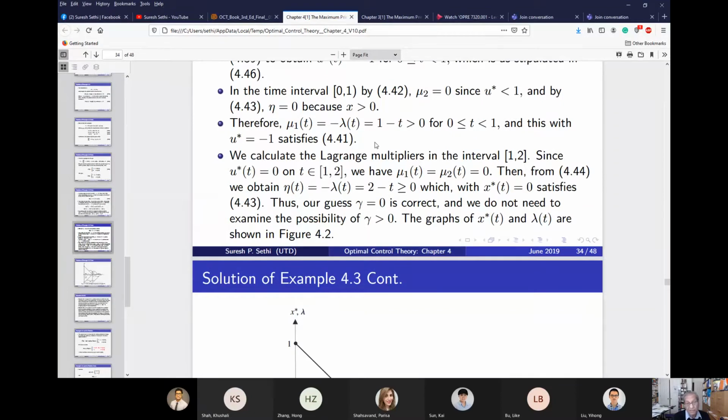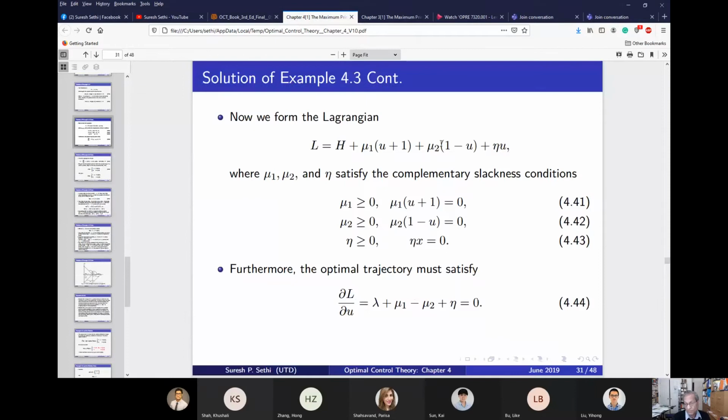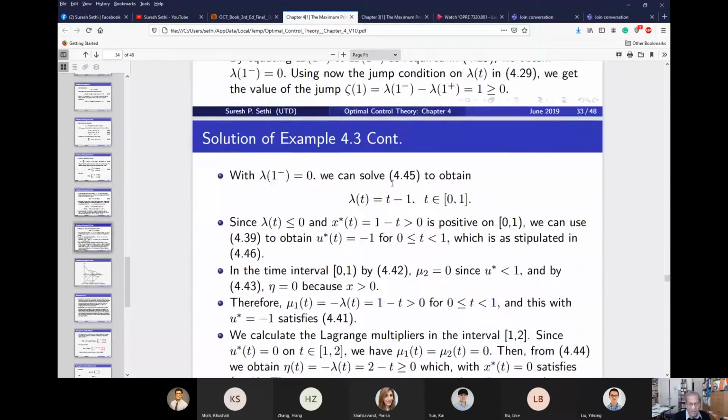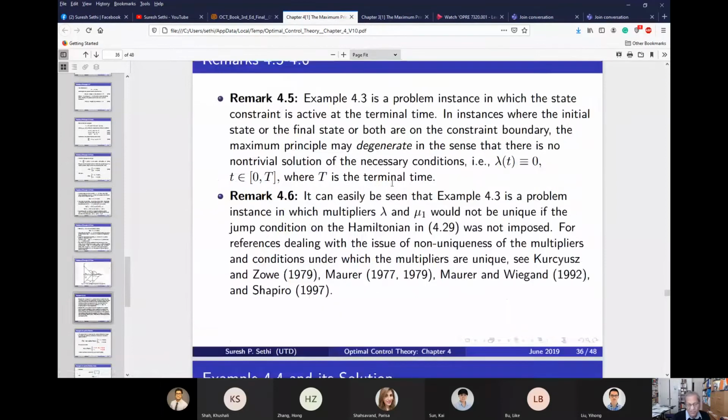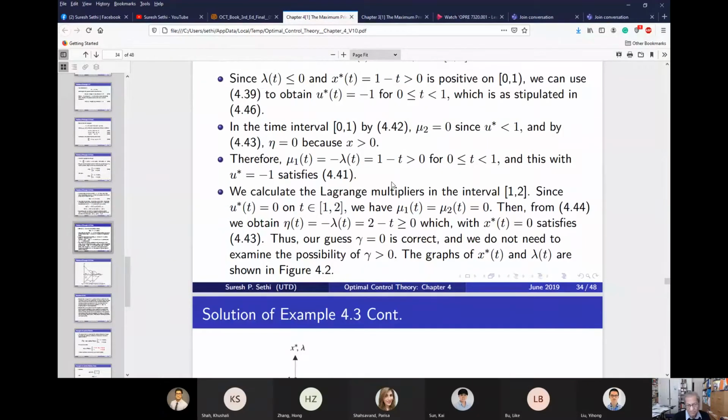And when u star is minus 1, this satisfies 4.1. Let's see what 4.41 is. There you go. So one by one, you have to satisfy all these conditions. And then what happens is,